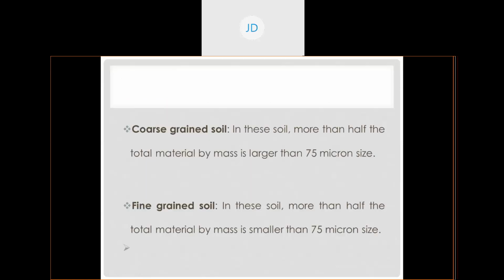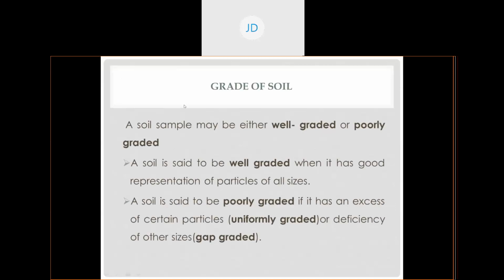Okay. Till now, any doubt? Am I clear to you? Is there any doubt till now? If you don't have any doubt, then we'll go to the grade of soil. Just respond to me. It is very easy to understand. There is no such statement or physics involved here. Simple statement. Fine. So now we'll discuss the grade of soil.